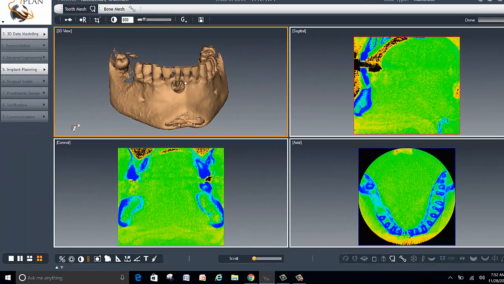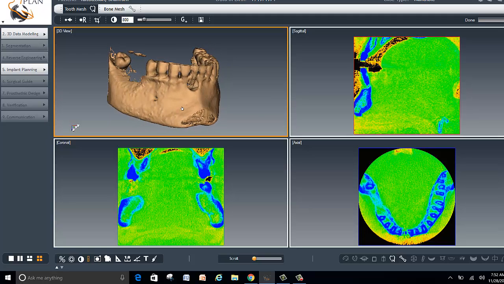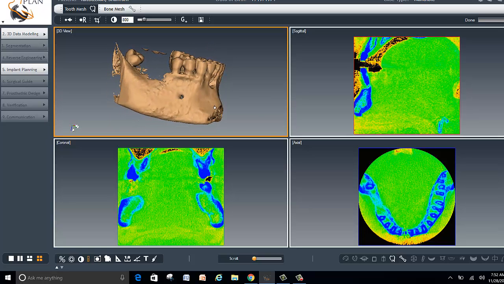And here we can play technically with the ISO value to render the image. But more importantly, notice that the front tooth number 25 has a huge granuloma, a big abscess that kind of destroyed the frontal portion of the bone right there. The plan is to place two implants on number 30 and number 31. And of course, noting here, this is the mental nerve right here. This is the